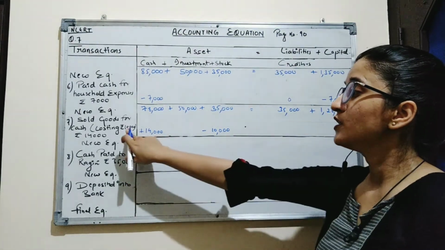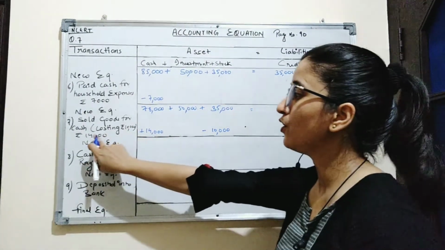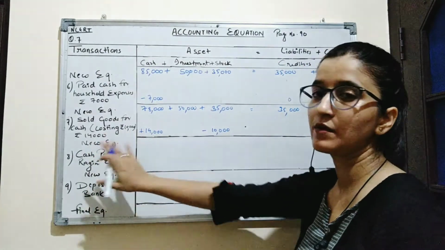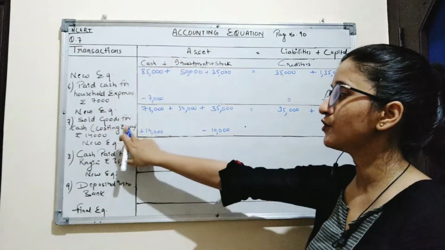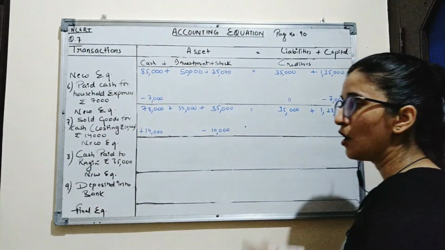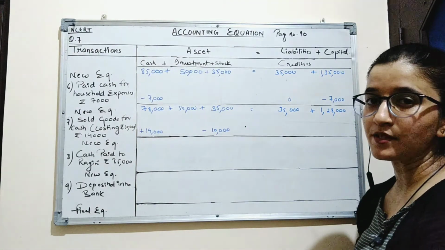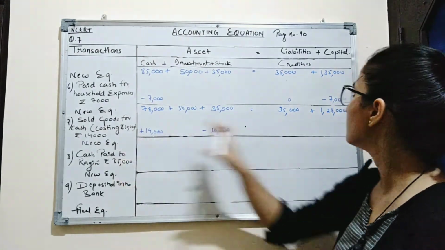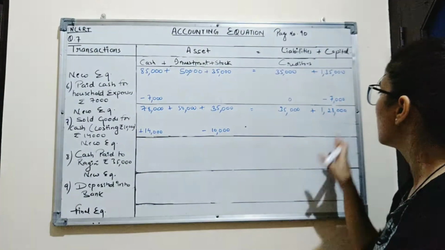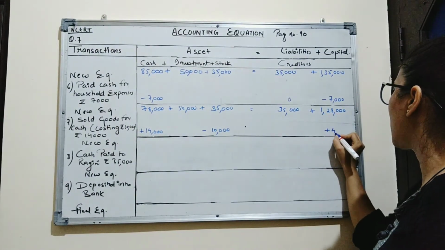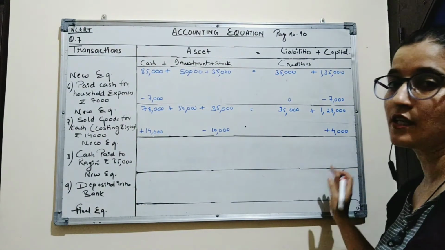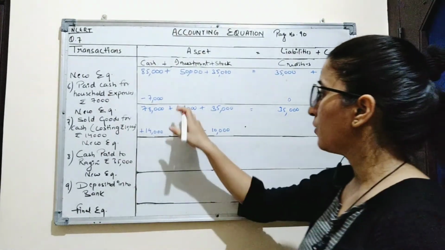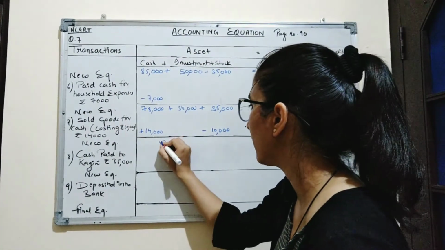Now goods were costing 10,000, sold for 14,000. That means goods have been sold for profit of rupees 4,000. Profit increases the capital of the business. So we will add this amount on capital side. So 4,000 will be added on capital side as profit. Now by solving these two equations, we will get